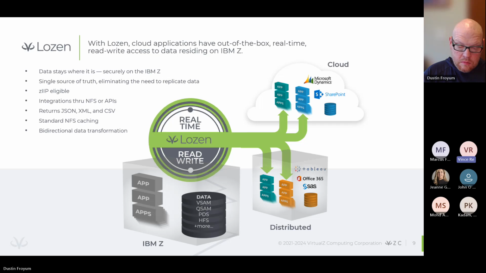So, if you're on, let's say a Linux server and you want to use Lozen, you don't need anything from us. You can absolutely do those through normal file system kind of operations. Now, if you were writing a brand new application from scratch, let's say in Java, we can certainly give you an API and say, here, this will make it easier. Point to this data set name. Here are some methods you can use to do the kind of things I'm talking about. But there's really, it's a very open system that way, in that just about any type of application can connect to